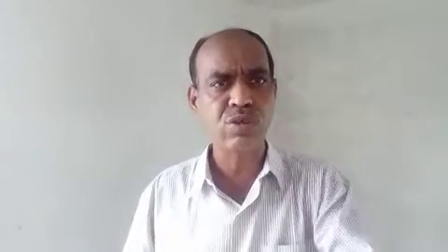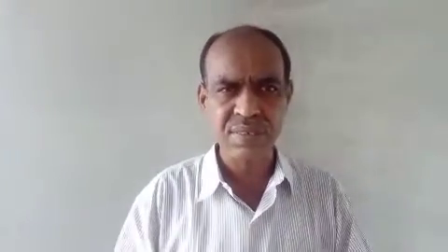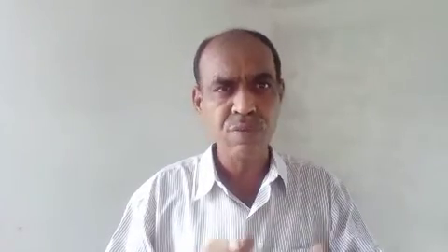I have observed many students commit the same mistake. They use those three formulae: s is equal to ut plus half at square, v square is equal to u square plus 2as, v is equal to u plus at. Plus sign for acceleration and minus sign for retardation. So I think this lecture is sufficient to make you understand that if acceleration is not a constant, then you have to follow some other procedure, not those three formulae.